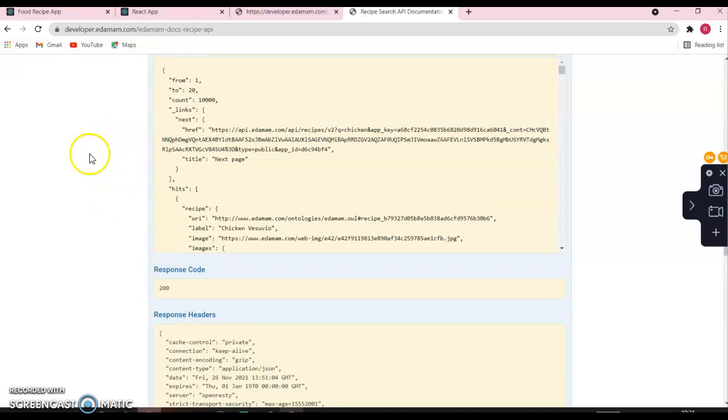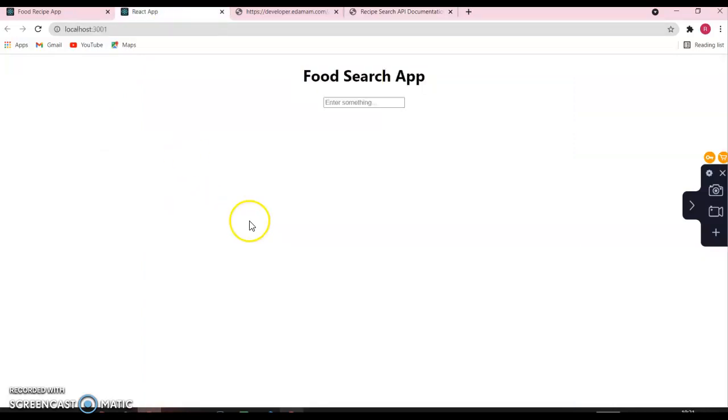Now we'll try to use this API in order to get the food images, the number of calories required for each food, and everything. So let's start from here. So in this video, what we have seen is what we are going to build, and for that we need an API. So we have built our API keys and API IDs which are required to get the recipe details, and we have created a React app using the npm tool, and we have created an h1, and we have created some input box.